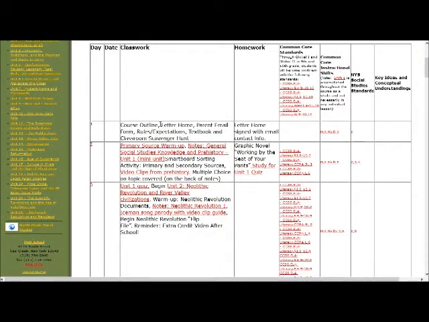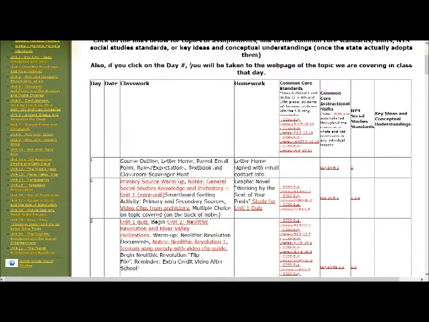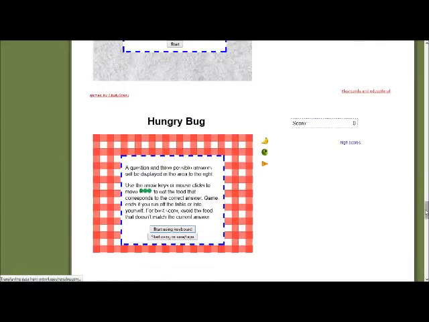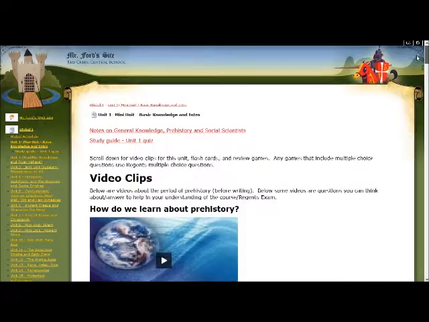In addition, and it says this right here, if you click on a day number, so in a minute I'll click on number 2, you're going to be taken to the web page for that topic. So I'm going to click on day 2 and it will take us to the page that goes with the topic for the day. And there's notes, there's a study guide, it always jumps to the games for some reason,